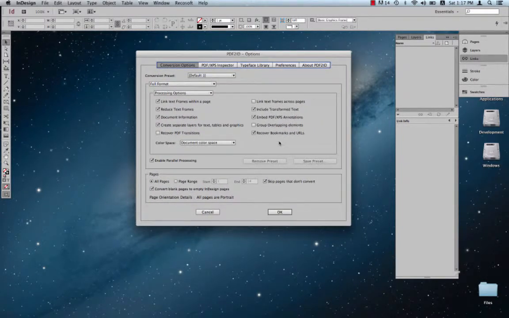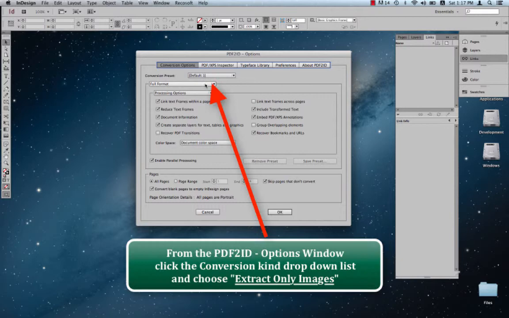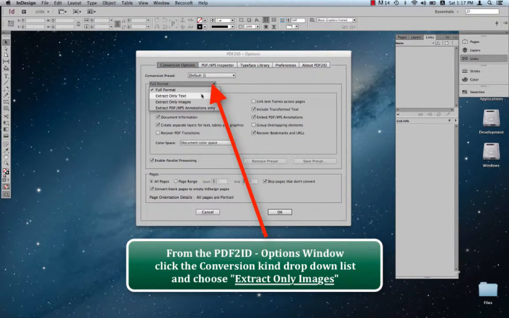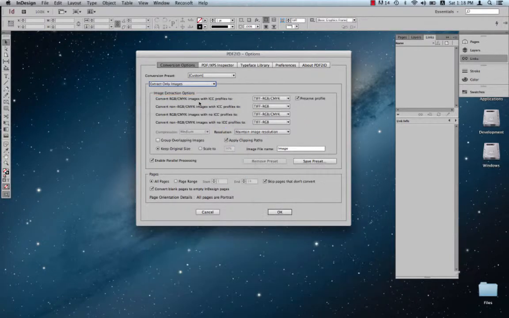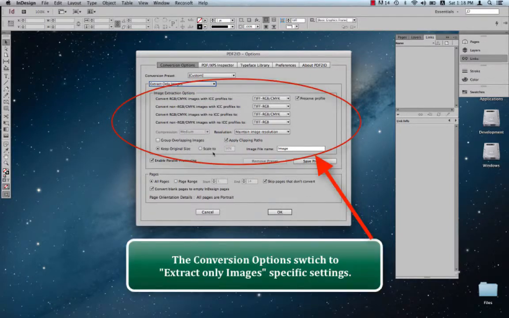Now here's a really interesting part. Once the PDF2ID options window appears, what we want to do is click the conversion kind drop-down list and choose the extract only images option. So what we're going to do is choose the extract only images option right over here. And you'll notice immediately how you get a different set of options. And if we just go over them,